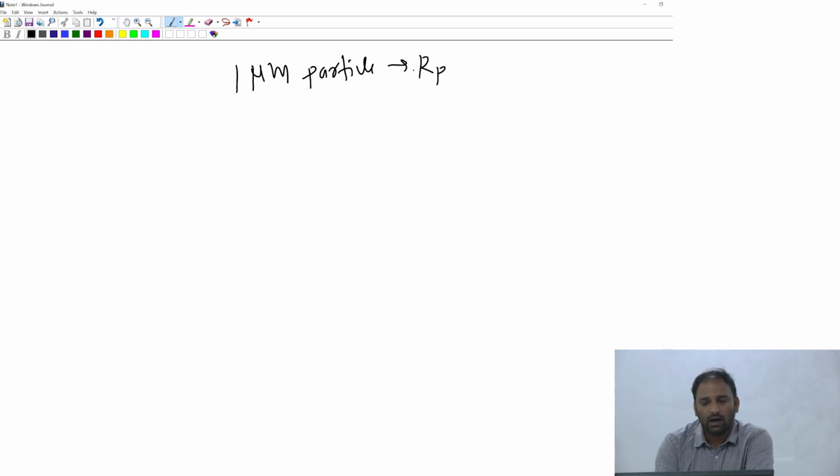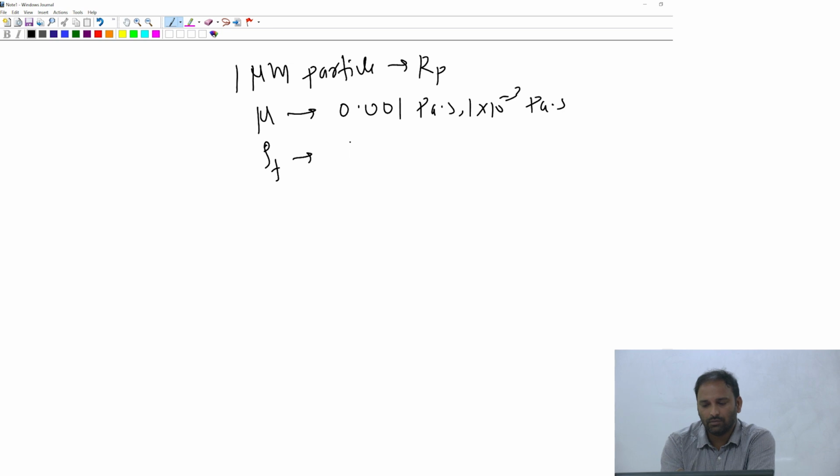Again, let's go back to the viscosity of the fluid being 0.001 Pascal second, or 1 times 10 to the power minus 3 Pascal second. The density of the fluid is again 1000 kg per meter cube. Let's take a particle with a density of, say, 1100 kg per meter cube,